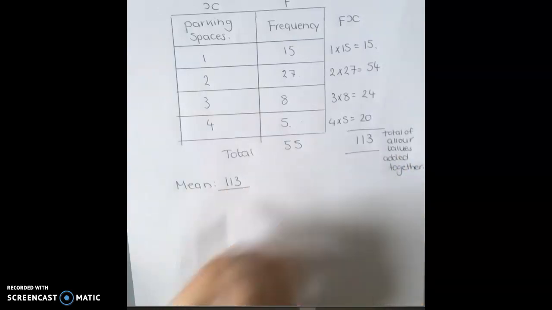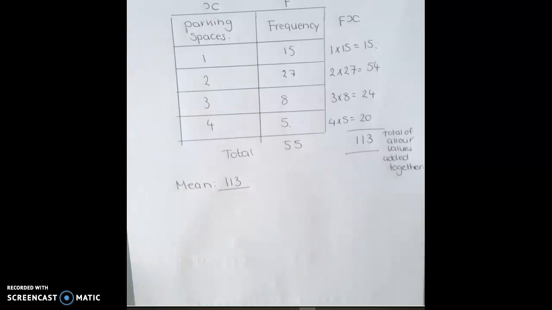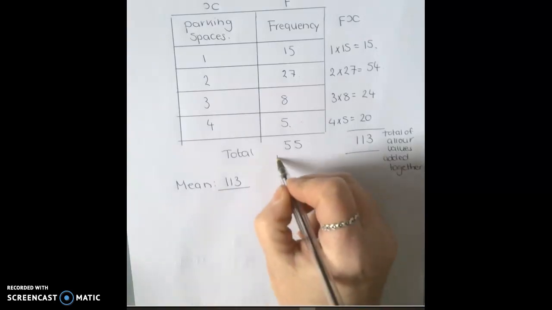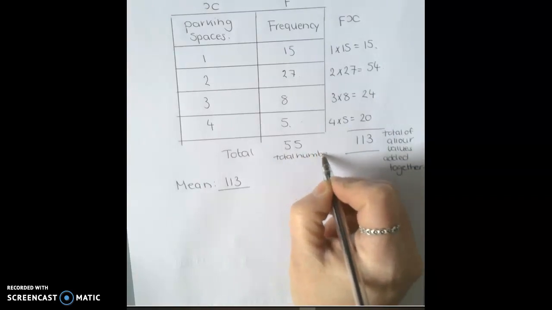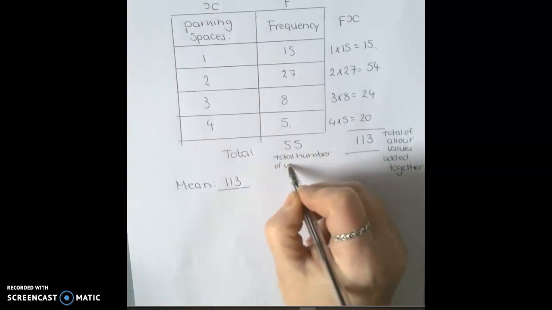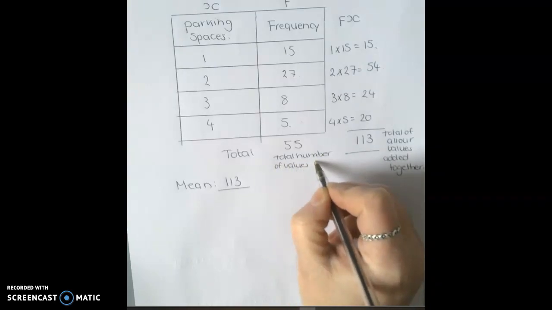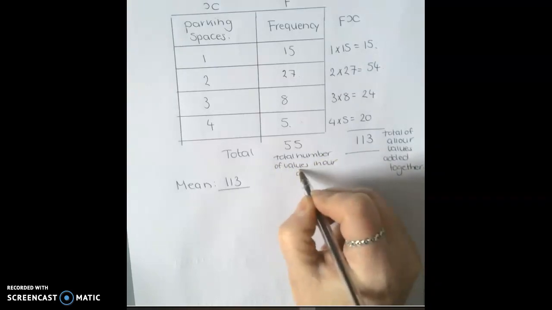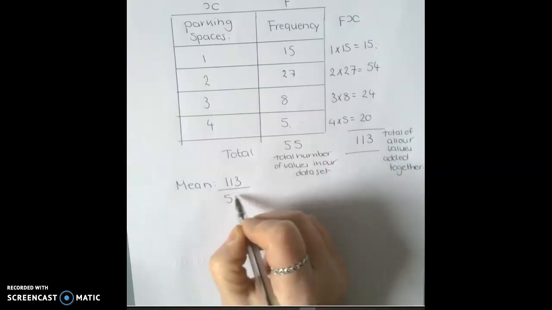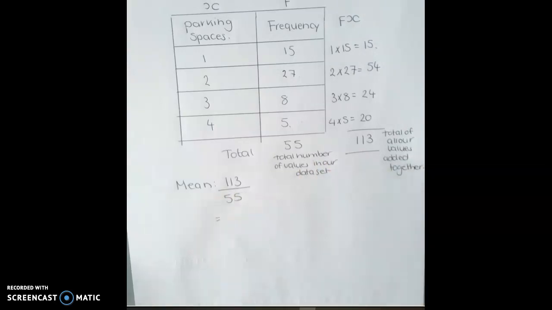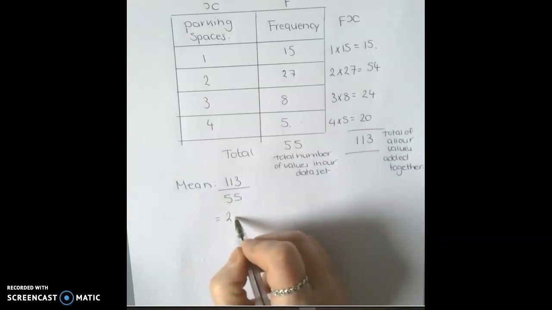And then we need to divide that by the total number of values in our data set. And this is the total number of values in our data set, which is 55. So 113 divided by 55 gives us